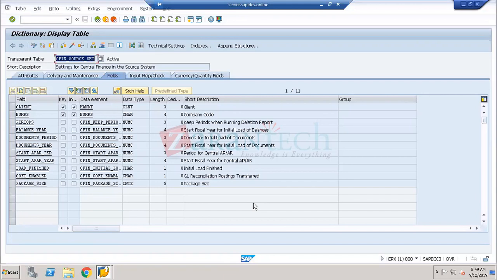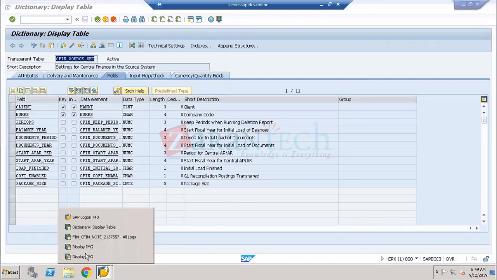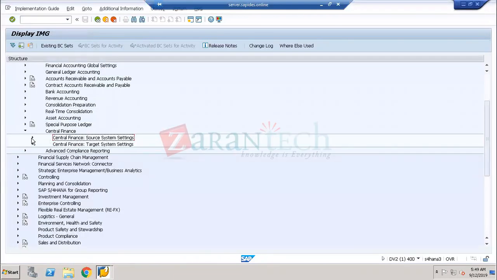Before you go for the go live, some data, the initial load has to be done to the central finance system. To load the data, some table has to be created with the help of a program. This table contains all these fields. Now I'll go to that particular program with the table. I'll go to the central finance